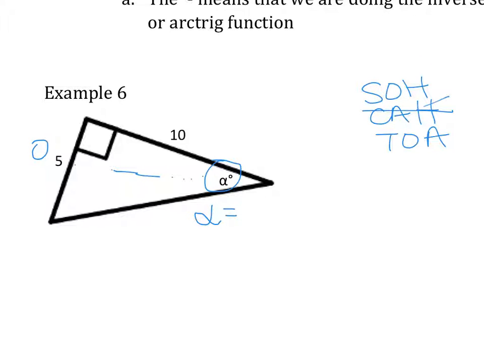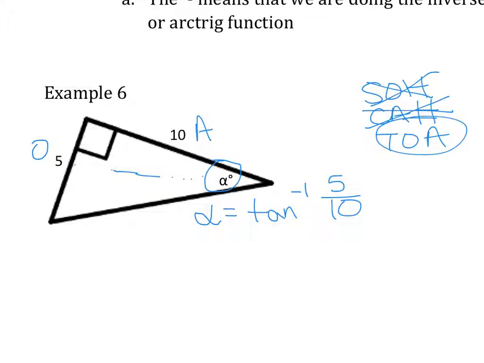So if it doesn't have an O, it gets crossed out. Then I look, nothing is across from the 90, so hypotenuse is not being used, but adjacent is, so Soh is out. I'm going to be using the inverse of tangent, so tan to the -1 of opposite, 5, divided by